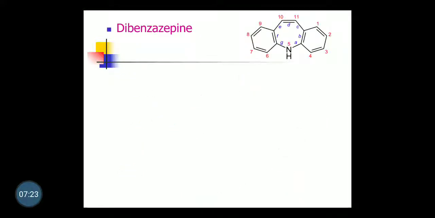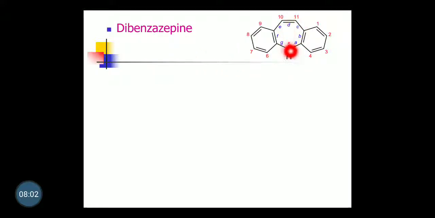Next, dibenzazepine. The name itself indicates that dibenza stands for 2 benzene rings. Azepine is a 7-membered ring which has a nitrogen. In this case we call it a sandwich structure. So with dibenza there will be 2 benzene rings, and the middle ring is azepine. We had seen the 7-membered ring which has 1 nitrogen: aza, epine, 3 double bonds. These 2 double bonds are common to the benzene ring as well as azepine. Again benzene ring plus azepine. So basically it's a dibenzazepine.